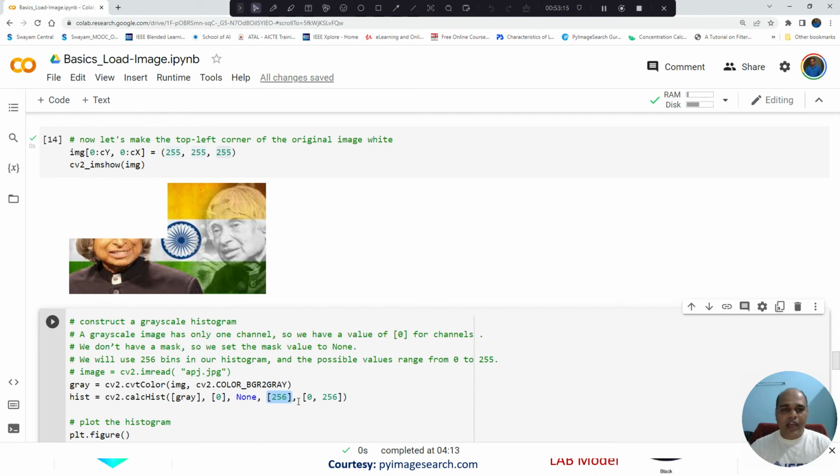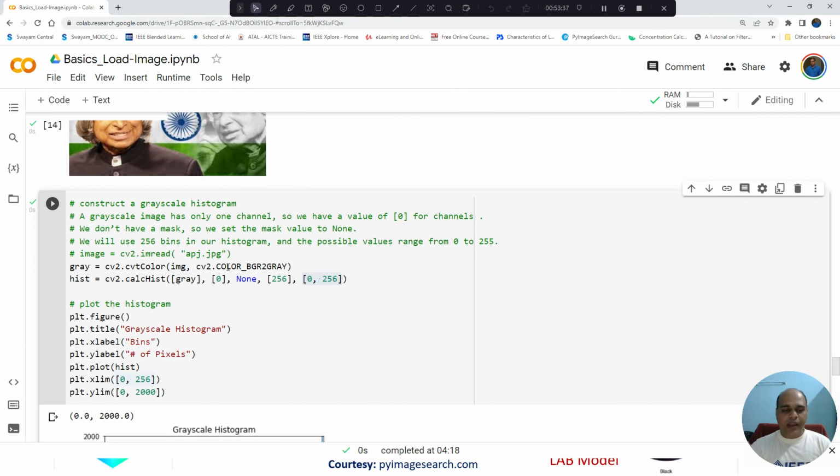So 0 will have one bin, 1 will have another bin, and so on until grayscale 255 will have another bin. And what should be the range of values to go into these bins? 0 to 255 is specified here. So when I execute this,